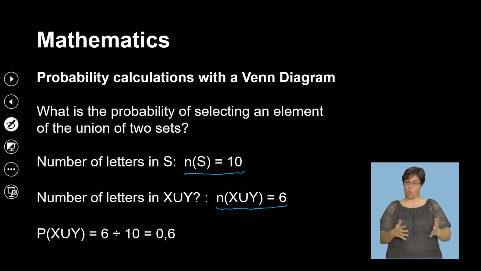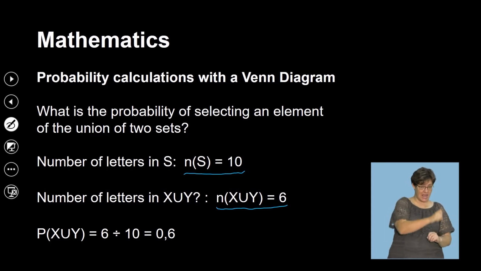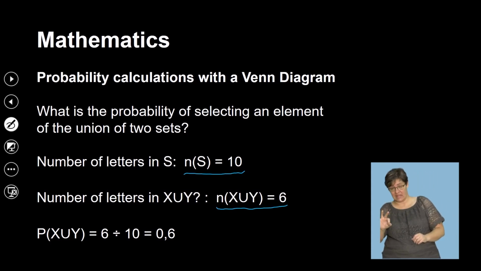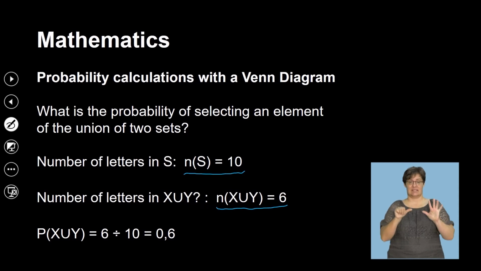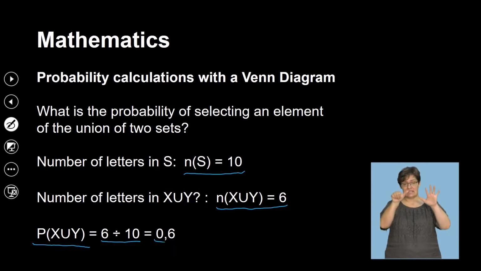It's either 3 in X or 3 in Y. Together, they make a total of 6. So the probability of X union Y, or X or Y, is 6 divided by 10,